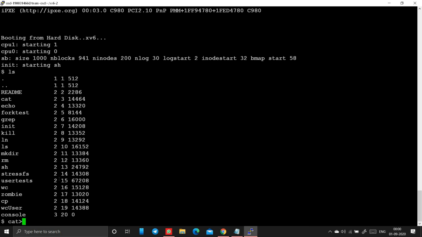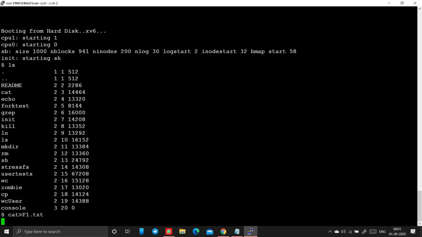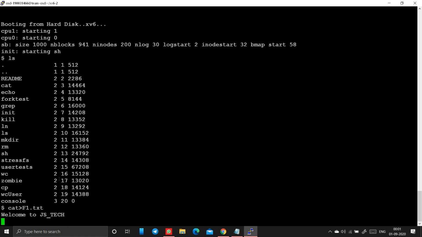See here, I opened f1.txt. I'll type: welcome to JSTech, and this is a session on adding cp and wc user commands to XV6 OS.